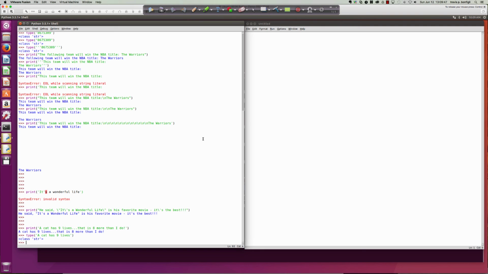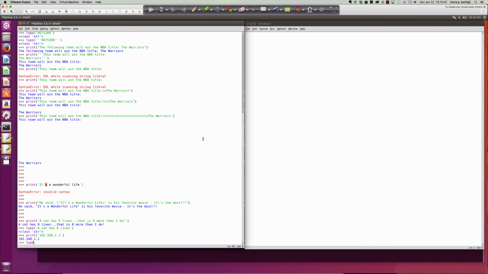So we're going to wrap up here, and now what we're going to do in the next video is we're going to take a look at assigning strings to variables. We're going to start prompting the user for input, and specifically we're going to be looking at IP addresses. In fact, if I were to say print, single quote, 192.168.1.1, or say type 192.168.1.1. Now, when I say type, you may think that it's going to come back and, what did we miss there? The opening single tick. So we'll say, actually,